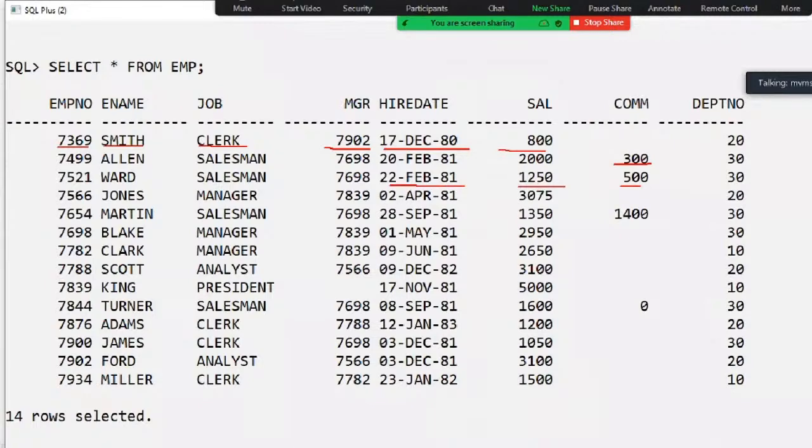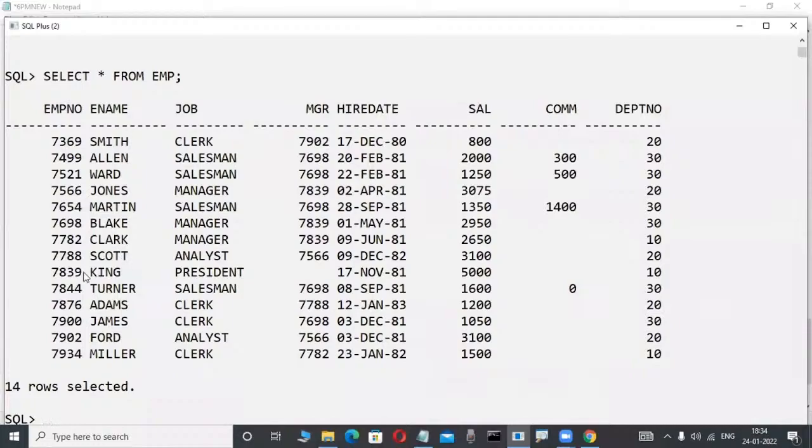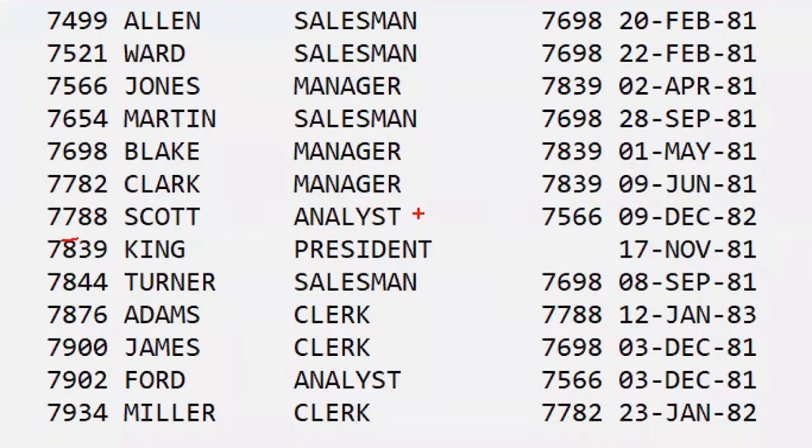In that one, operating means procedural language is there. This is a non-procedural language. Observe here, SQL language. Every cell having a single value is there. Single value is